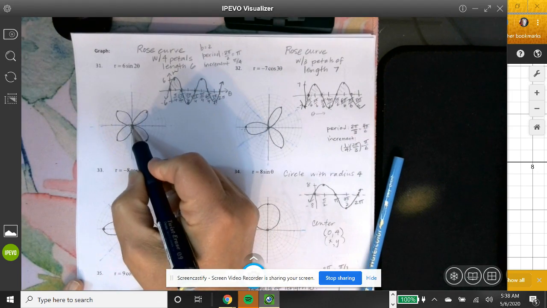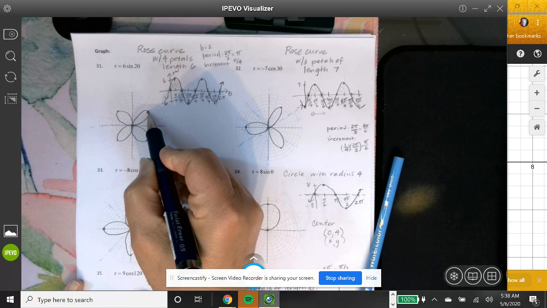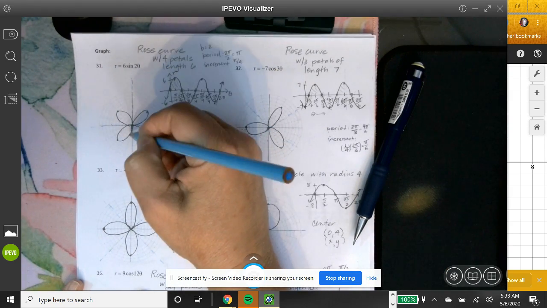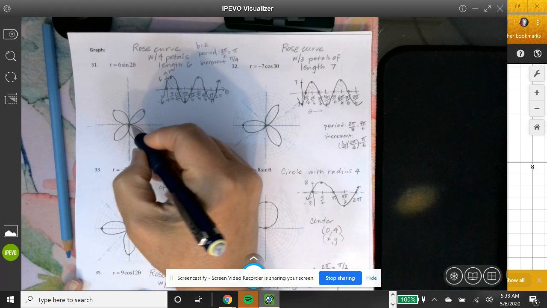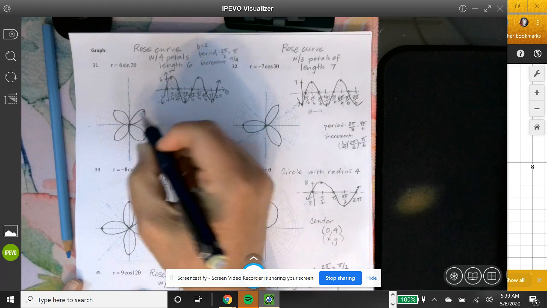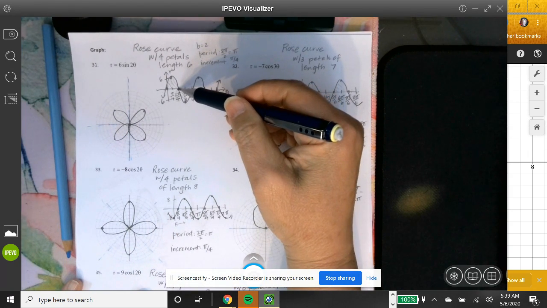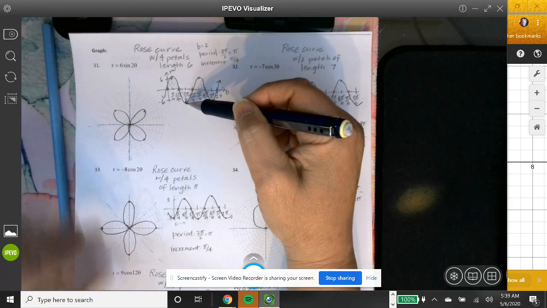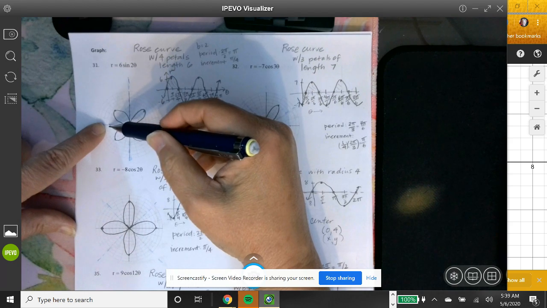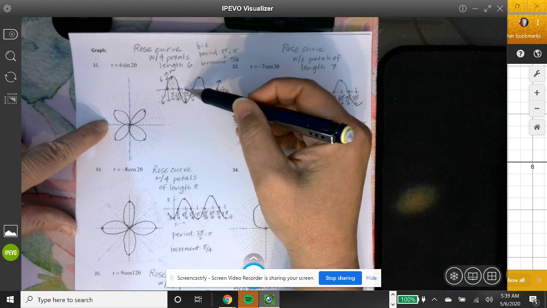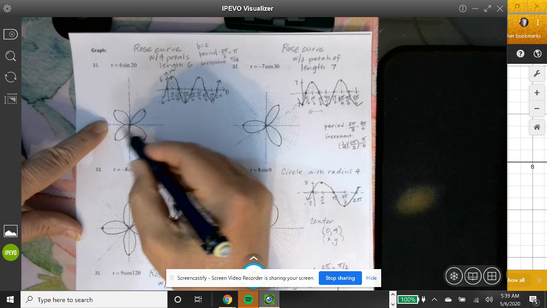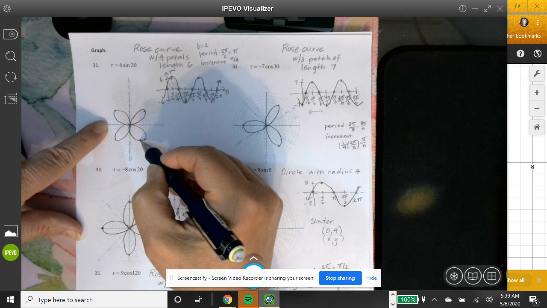Okay, so what happens is that you draw your curve like this, and then you have to head back, and this is pi over 2 here. Okay, and so you have to make sure that your r heads back to the pole before you get to pi over 2. Okay, so let's see another one. All right, and then r starts getting bigger until you go out to, we're going to go to -6 here, because it looks like I have -6 here. And then you're going to rotate out from the pole, you rotate out to 3 pi over 4. From the pole, you're going to go out to 3 pi over 4, and then